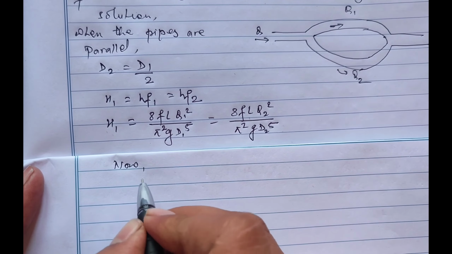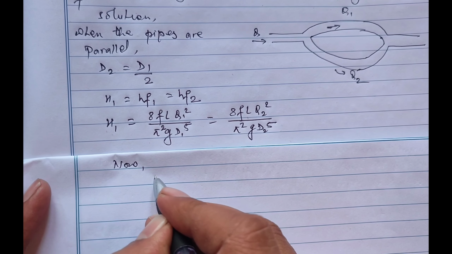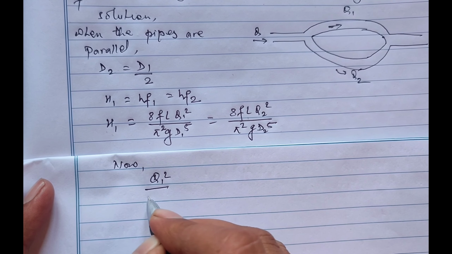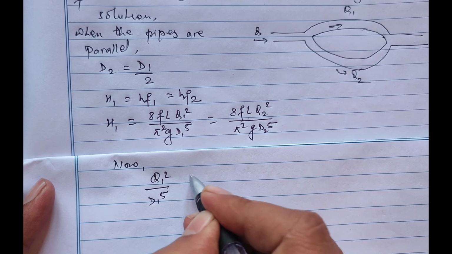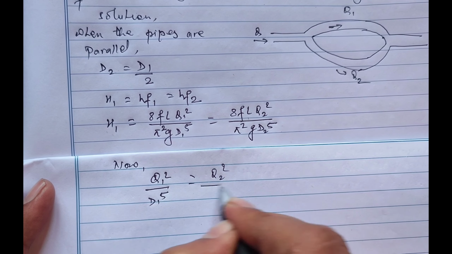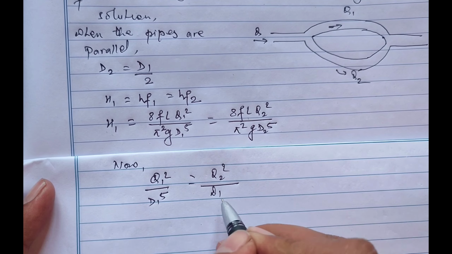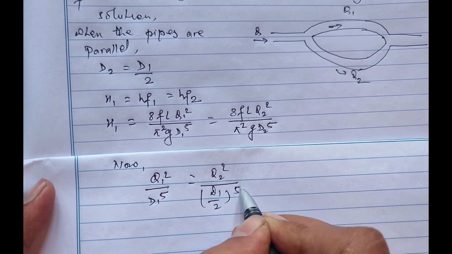Now this is simplified as Q1 square by D1 power 5 equals Q2 square divided by (D1 by 2) power 5,